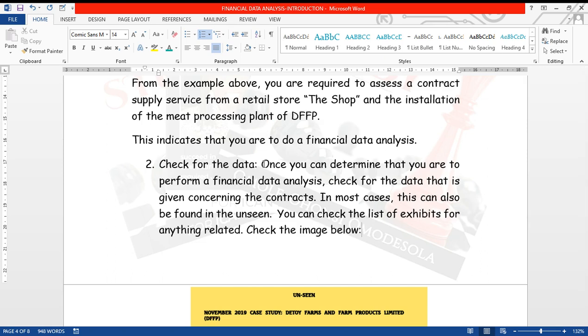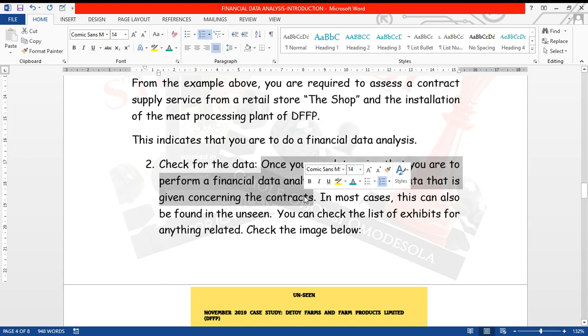You have been able to see there's a contract, a business proposal that has been ascertained, right? So the next thing you need is the data. Remember, what are we doing? We are analyzing financial data, the unprocessed information, right? So check for the data. Where is the data? Once you can determine that you are performing a financial statement analysis, check for the data